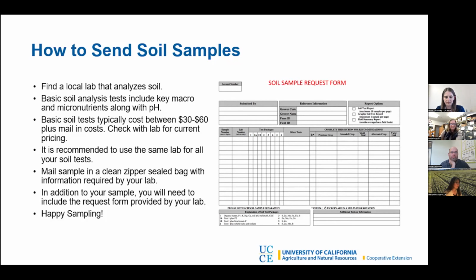Follow the specific instructions provided by the soil testing lab you've selected. Labs typically require at least 1 cup of soil per sample. Mail the soil in a zipper-sealed bag or clean plastic bag labeled with the appropriate information required, including your field, APN, address, crops, and any other information